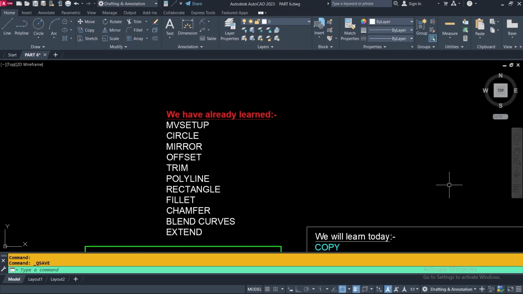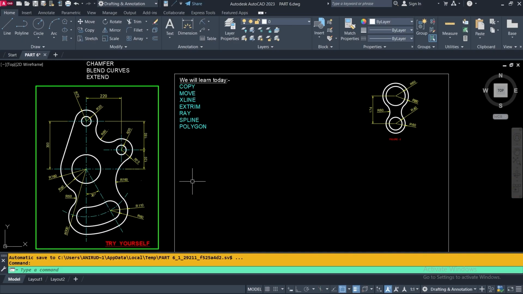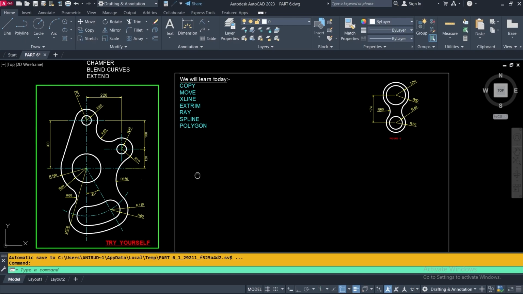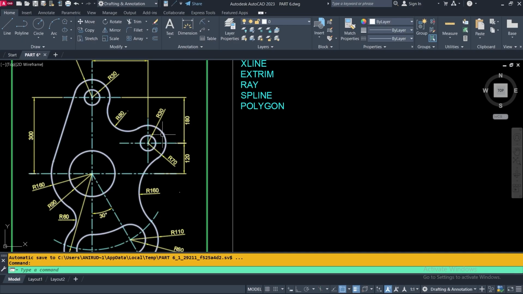Okay, let's start for today. We are going to learn copy, move, XLINE, EXTRIM, ray, SPLINE and polygon, all these commands. And before starting, we are going to draw this figure and here we will apply all the commands we have